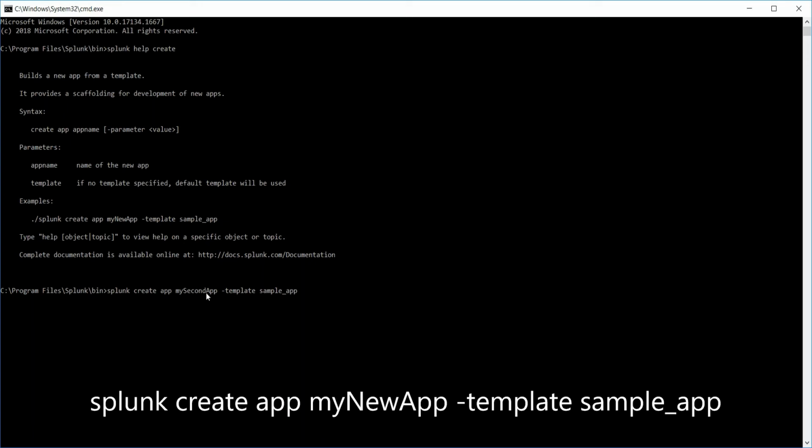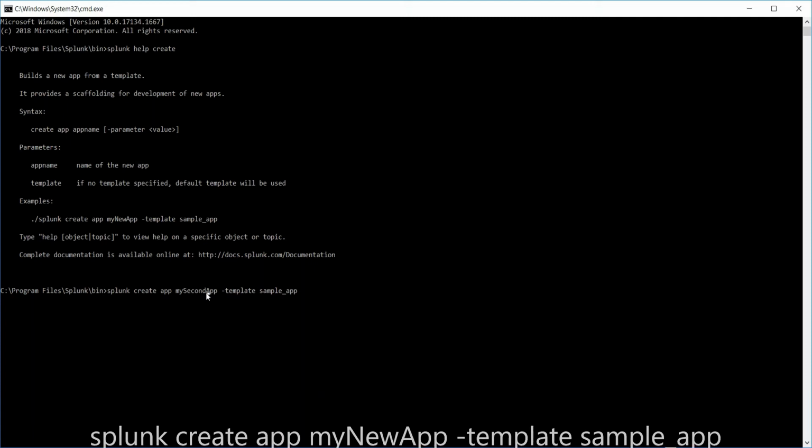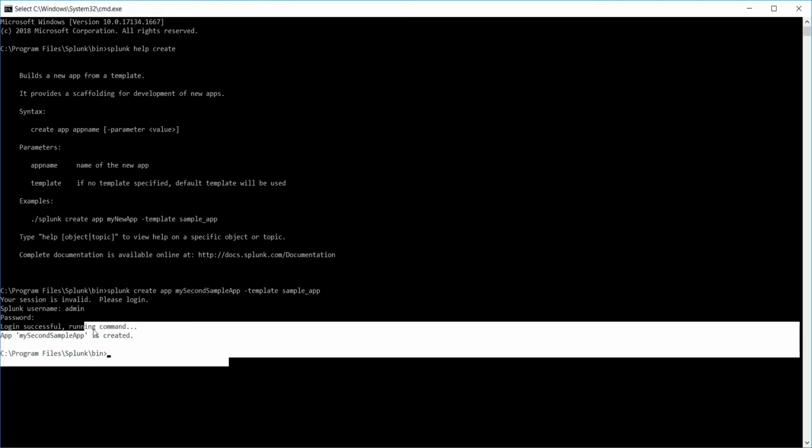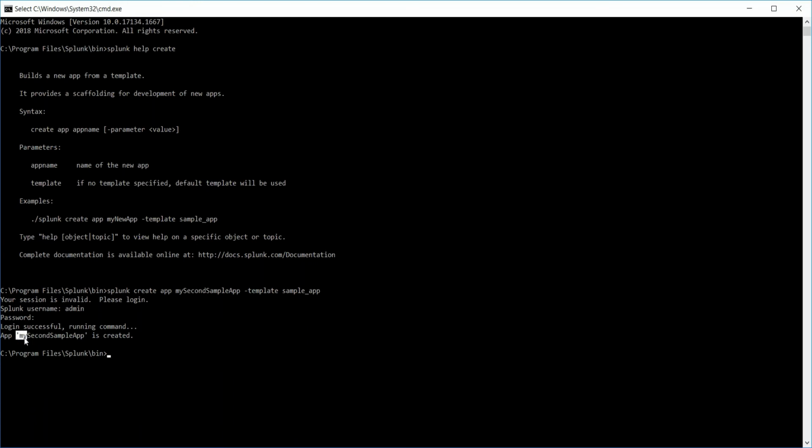In the web UI we chose the bare bones template, so in this one we'll use the sample app, and I'll modify the name so that we can differentiate, my second sample app, and just hit enter. I just have to provide the username and password, and the login is successful. So yes, my second app is created.